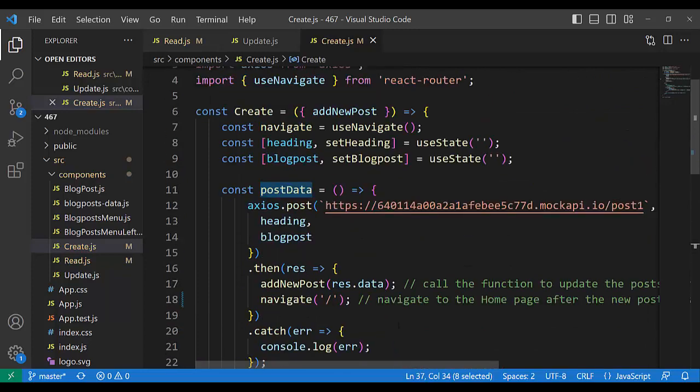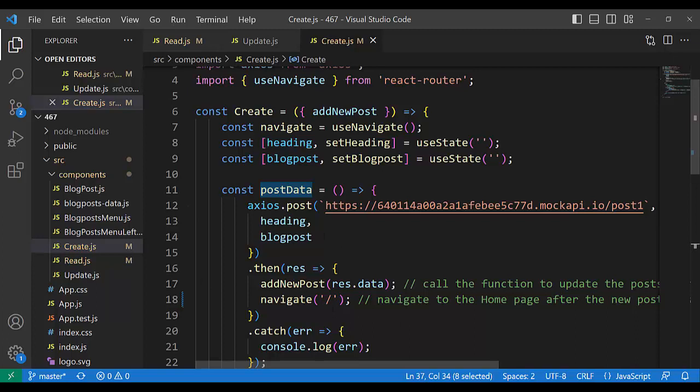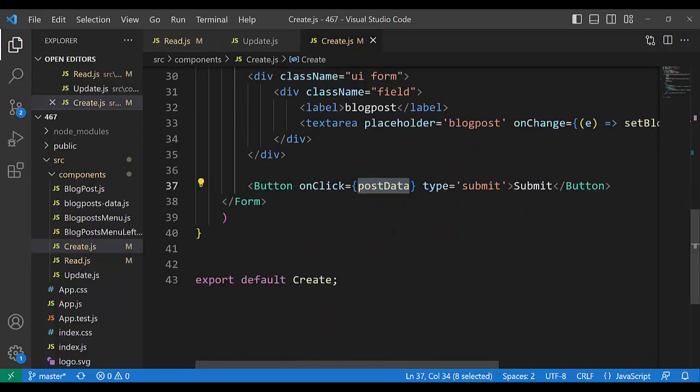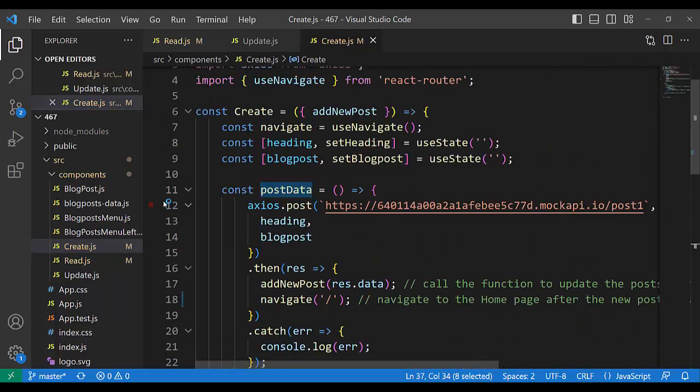Let's go back. After click, we write something in the heading and in the blog post, and when we click, that onClick is a property of the button. onClick is a property of the button object, equal to postData. And postData is a function that does